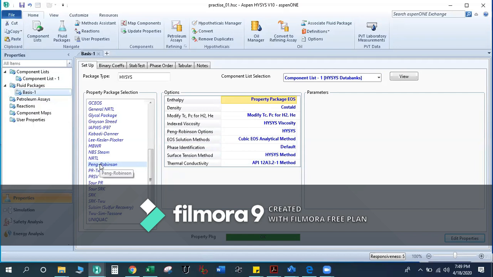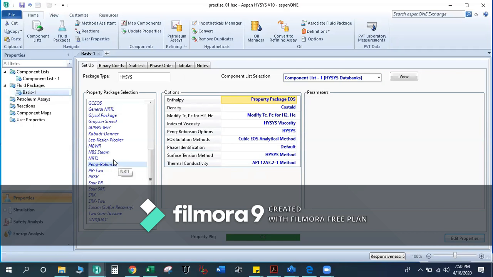If your fluid package is not compatible with the component list, means let's say you have entered methane, ethane, propane, butane, and for any of those components Peng Robinson is not compatible, then the software will pop up a message that this component is not compatible with Peng Robinson.